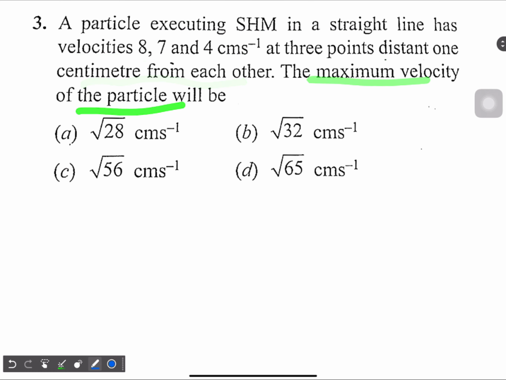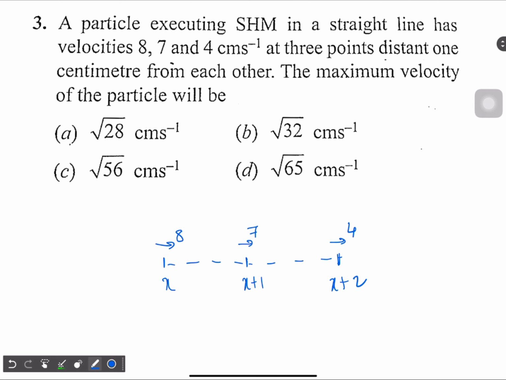So let's say this is your point X. Then 1 centimeter away we have point X plus 1, and then we have point X plus 2. Here the velocity is 8, then 7 and then finally 4. Okay, so we have to find the maximum velocity. So for that,